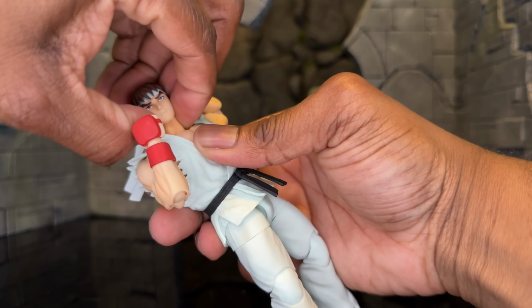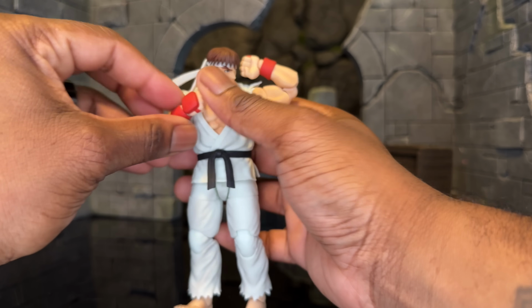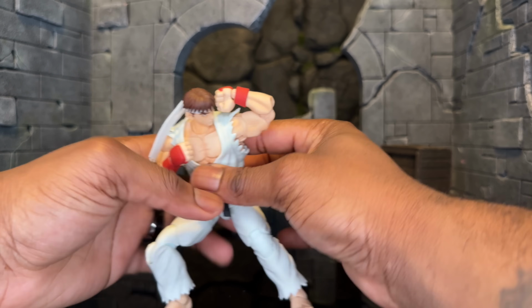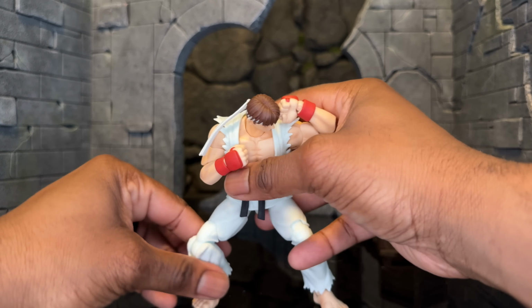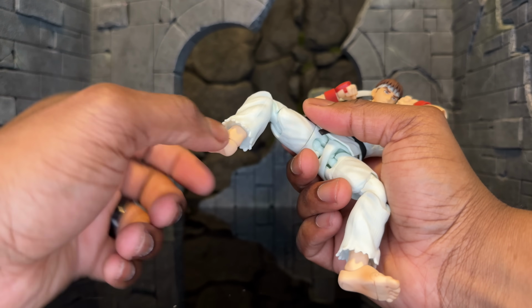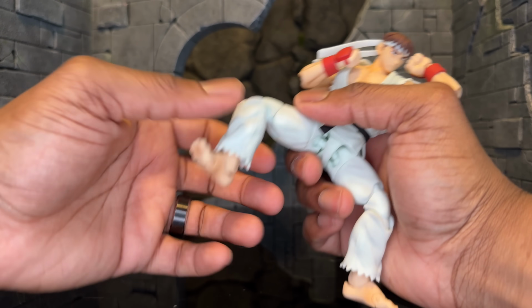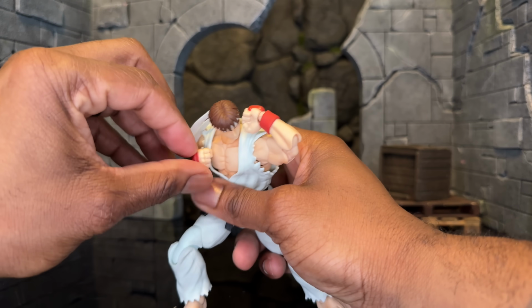One thing I want to showcase is how articulation-wise it works easily in your standard Street Fighter posing or just overall managing. Oh, by the way, you do have a lower gi swivel. We have our toe hinge. We have beautiful foot swivel. And as you can see here,